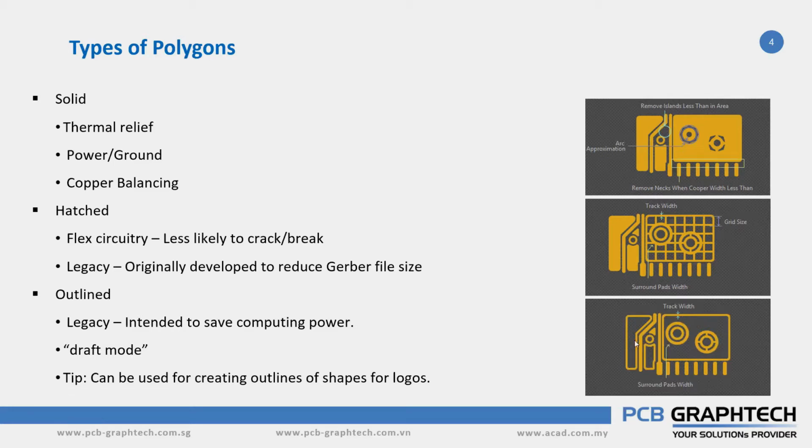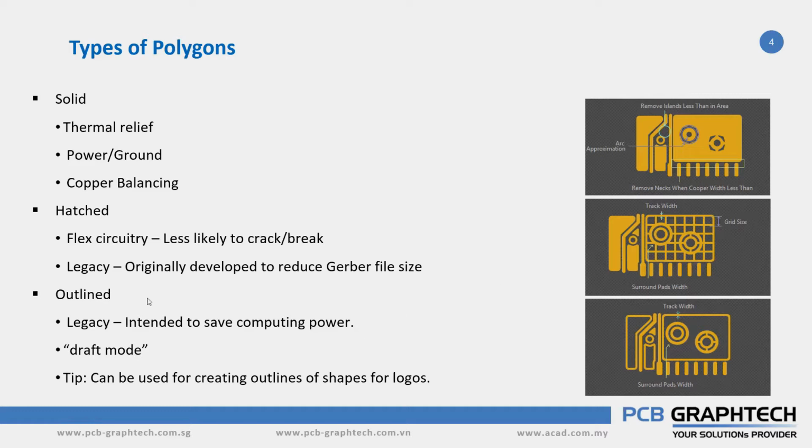Okay, so this copper, the main advantage is when you're placing your component at the corners of your board, that is the edges of your board, it will not be affected by the noise or temperature. So those problems can be reduced when you're using the outline copper here. And if you use the outline copper, it will also reduce your computing power, and it gives you a smaller Gerber file size.